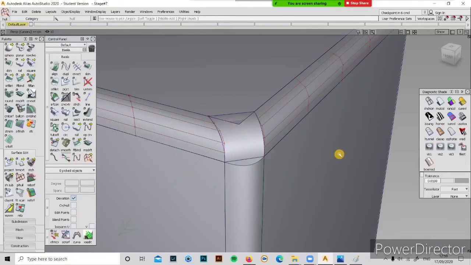Okay, you see a car, right? You see a car and you shine a light on it. You see the light flowing uniformly through all the surfaces of the car. You have a uniform flow, the light flows in a uniform way and you don't have any break in between it. That's continuity. That type of continuity I'm trying to bring into this cube.